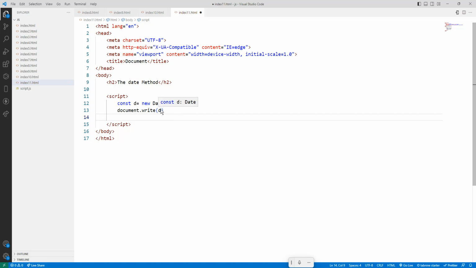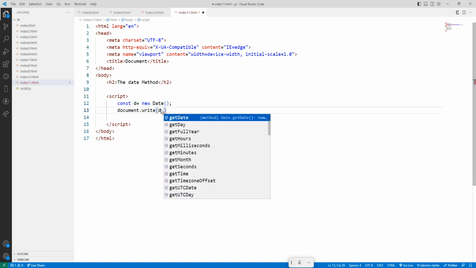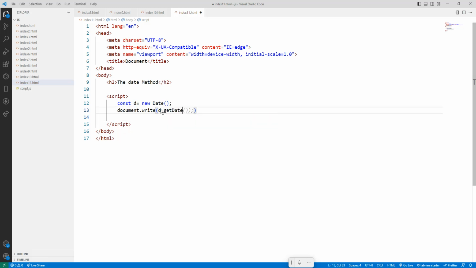Okay, so d dot get date. Control S. If you want to get only the date, you go for the get date method,